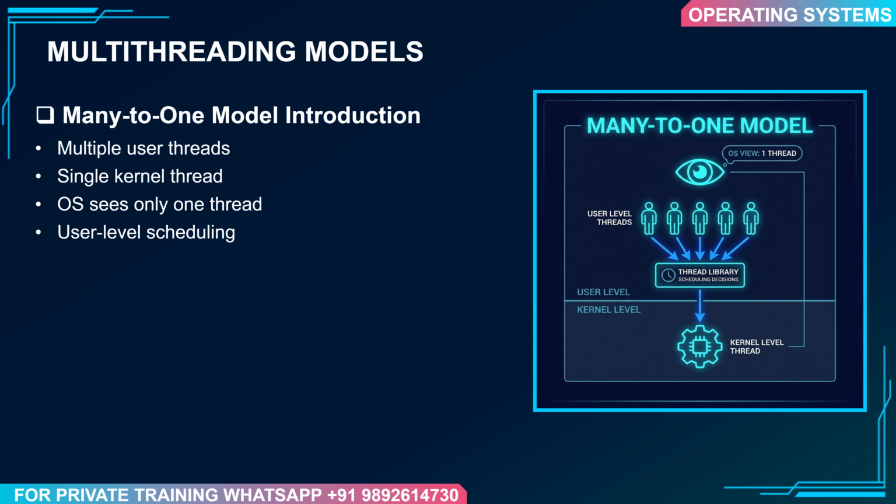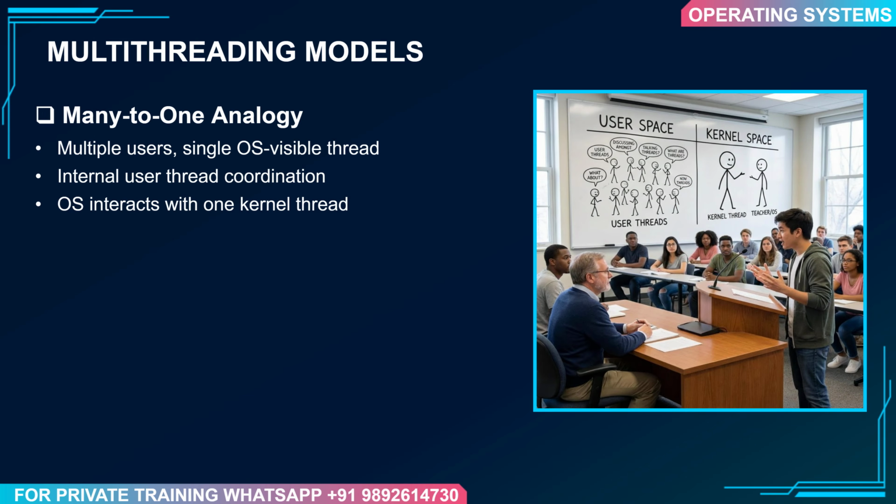In this model, many user level threads are mapped to a single kernel level thread. From the operating system's point of view, there is only one thread. All scheduling decisions are made at the user level, usually by a thread library. Imagine a classroom with many students, but only one representative who is allowed to talk to the teacher. Inside the class, students can discuss among themselves and decide who speaks next, but the teacher only ever interacts with that one representative. In the same way, the OS only sees one kernel thread, even though the application may have